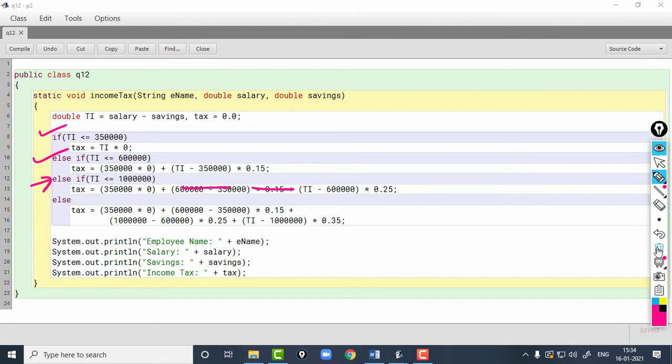But again, when will the control reach here? It will reach here only when the above two conditions fail. And when the above conditions fail, that means it is already concluded that TI is not less than or equal to 6 lakhs. It is greater than 6 lakhs, and then only the control will come here.